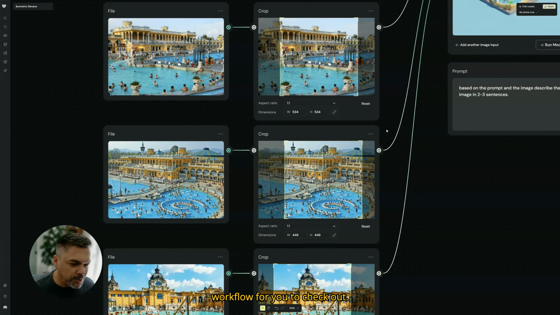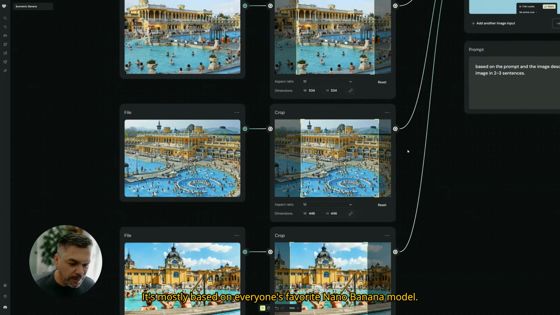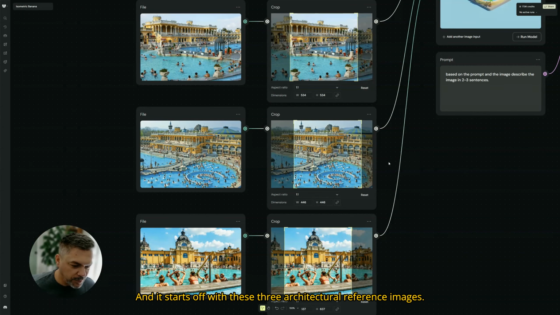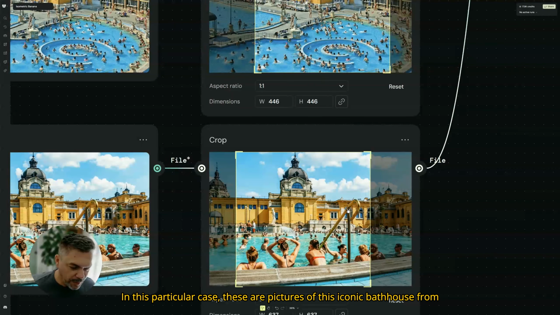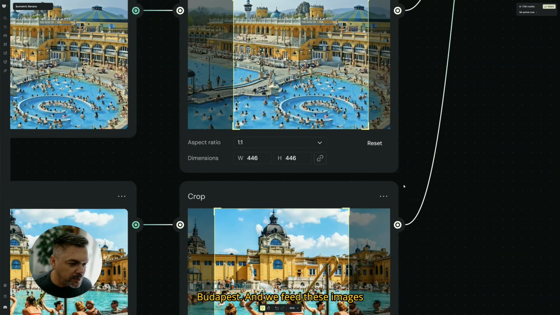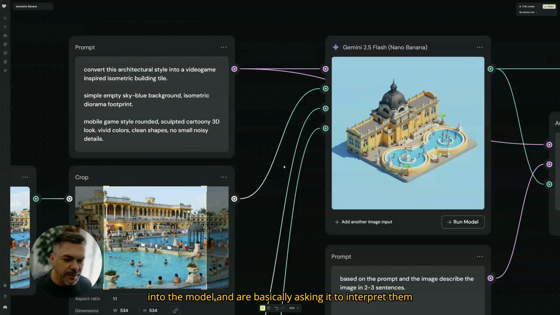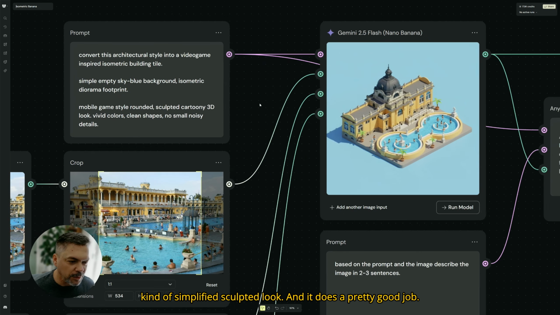I have a procedural workflow for you to check out. It's mostly based on everyone's favorite kind of Nano Banana model, and it starts off with these three architectural reference images. In this particular case, these are pictures of this iconic bathhouse from Budapest, and we feed these images into the model and are basically asking it to interpret them as a sort of video game inspired isometric city builder style building tile with this cartoony kind of simplified sculpted look, and